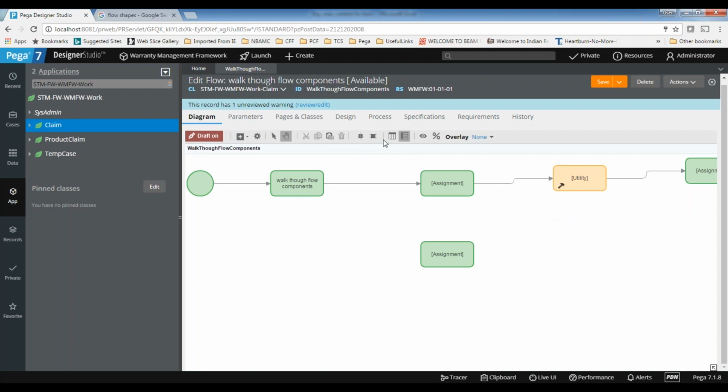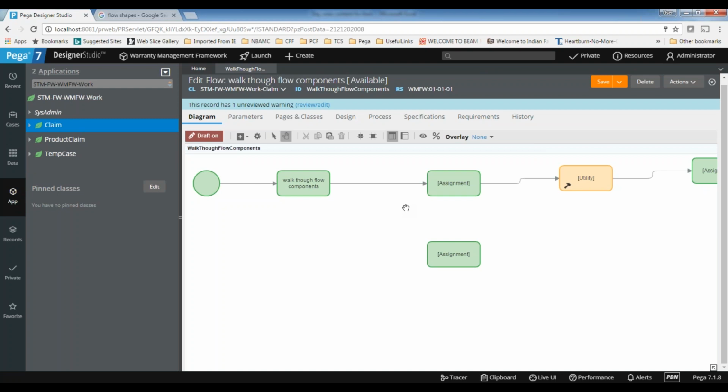This is like moving the icons in the horizontal or vertical areas. Different alignments will be there: horizontal alignment, vertical alignment. Then we have a different concept here, in some scenarios we can club all these shapes into a swim lane.